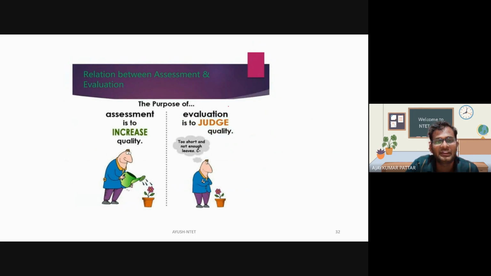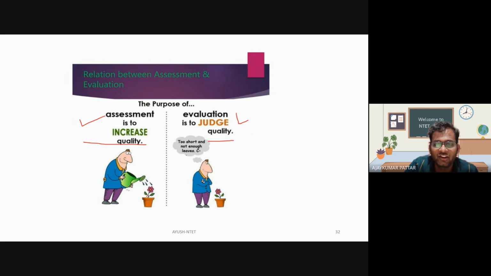Relation between assessment and evaluation. Assessment to increase the quality. Assessment हम क्यों करता है? To increase the quality. Evaluation is to judge the quality. For example, इधर दिया है तो assessment क्यों करते हैं हम day by day? He is giving the water to this, whether this tree is growing or not. That is the assessment. After the assessment, if you add the judgment,